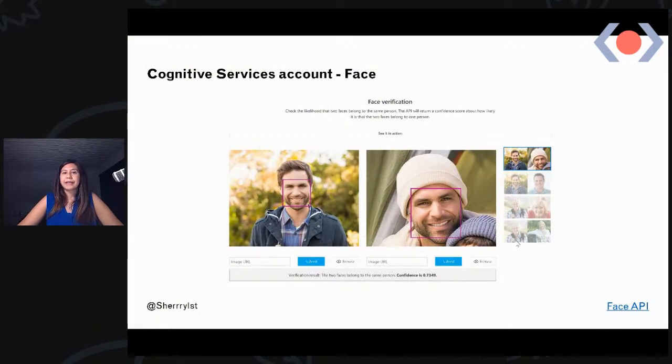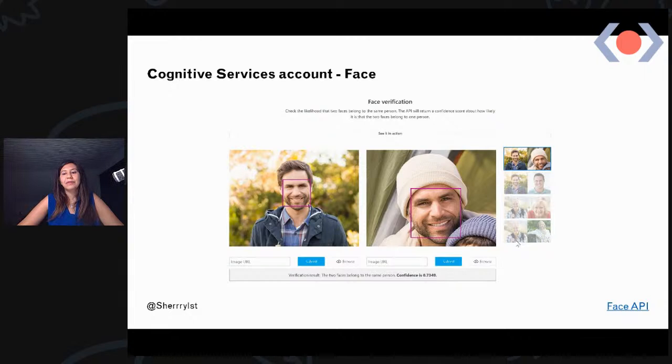And as for the Face API, this is a very simple version. I mean, this is the landing page of the Face API. As you can see, it detects the face, and that rectangle always comes where the face is, and it doesn't matter how many people are on this page, it recognizes them. I use that rectangle to find out where to draw the emoji on the face as well.